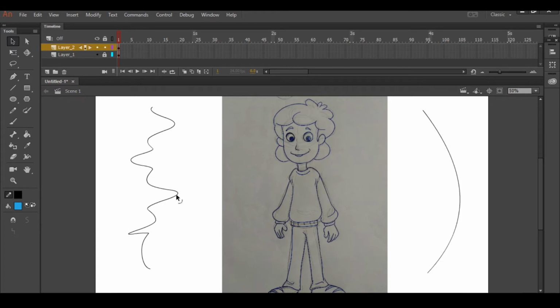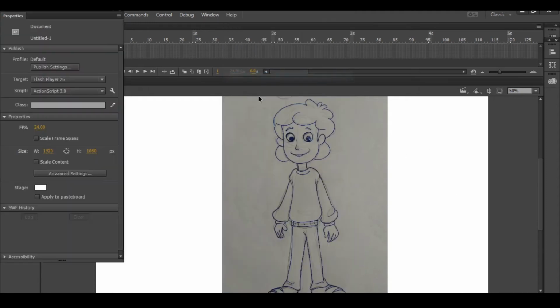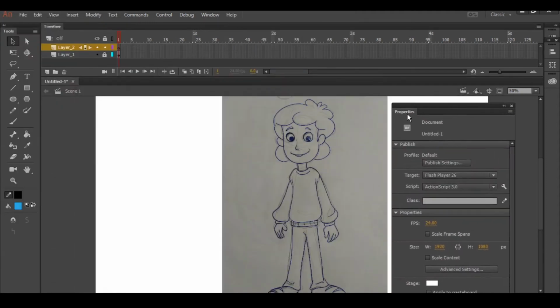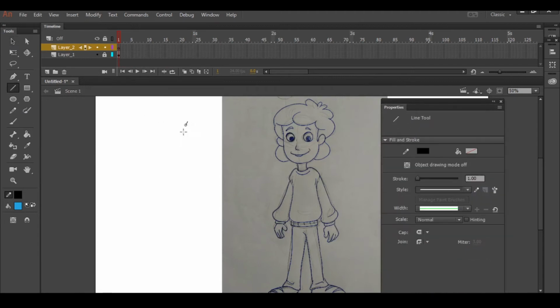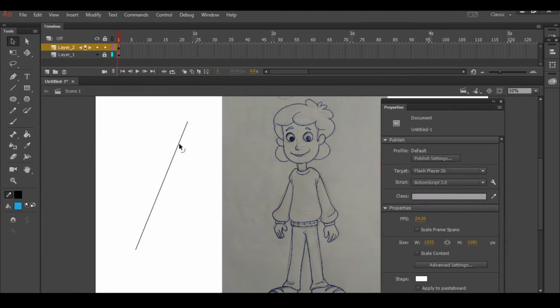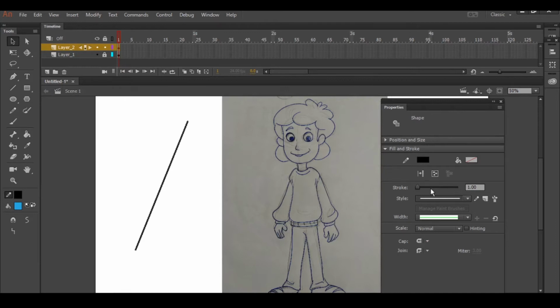Now I'll delete this part. I'll be using line first of all. Then in properties you can change the line thickness. When I draw a line, click on this selection line, and you can work on the stroke size if you want thicker or thinner strokes. Normally we trace with a stroke thickness of one.